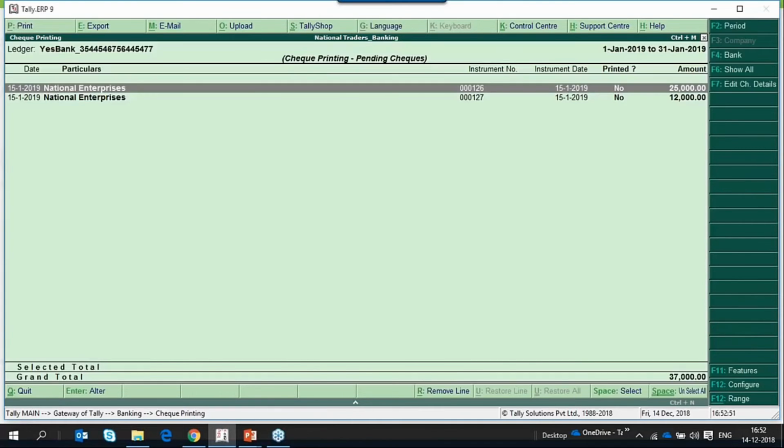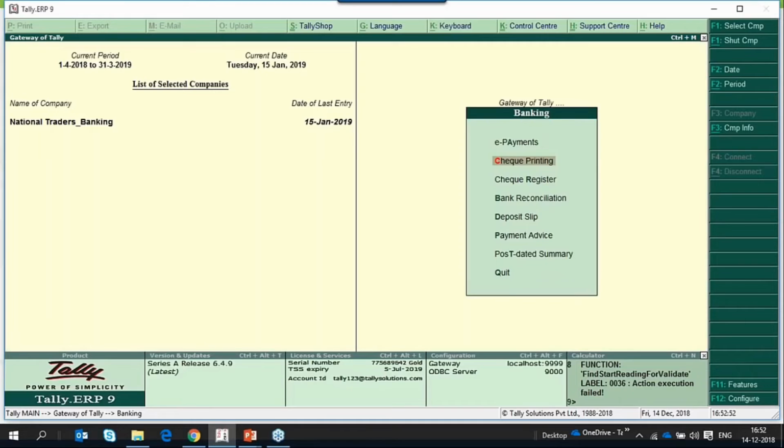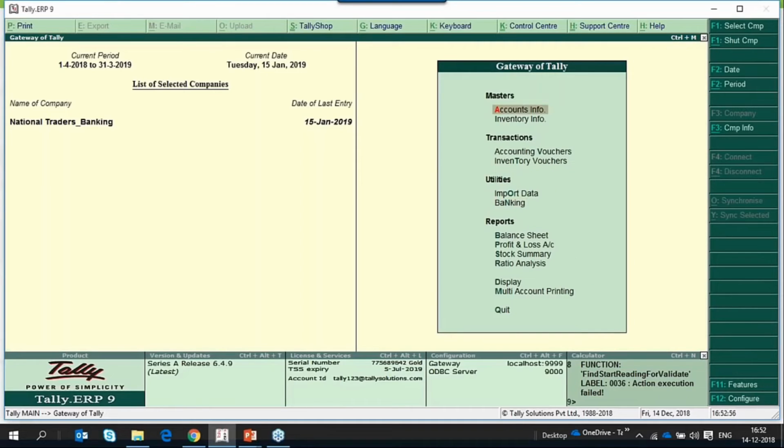And let me now take you through the e-payments configuration. We have supported e-payments in Tally for 6 banks, that is Standard Chartered, DBS, Kotak Mahindra, ICICI, Yes Bank and HDFC.